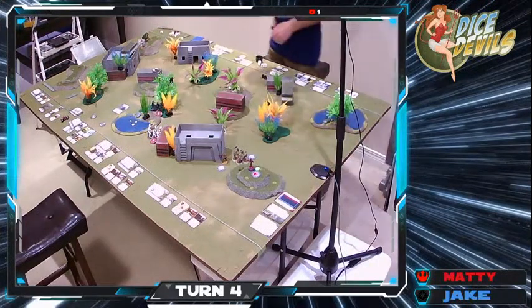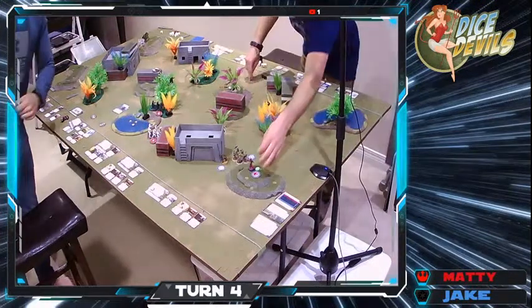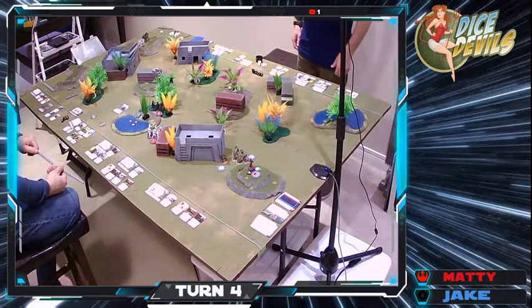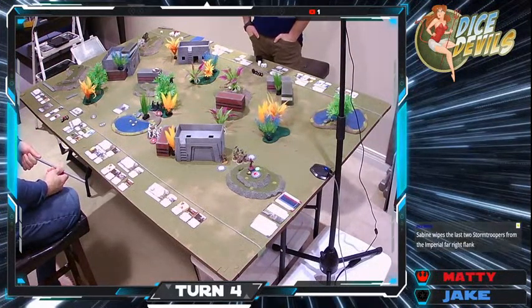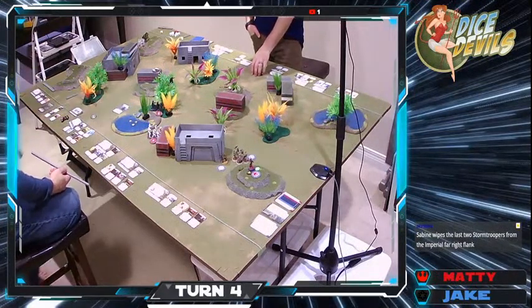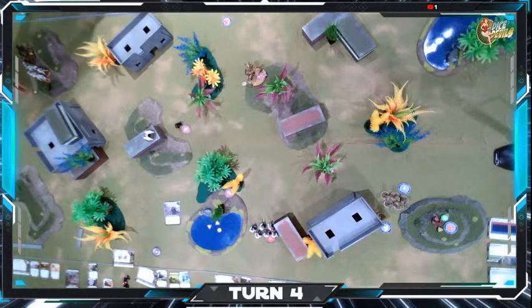Sabine is one bad mamma jamma. She has suppression for being in melee. Boom. Okay, here we go. Oh, it's because it wiped out a unit. Oh, make sure it's the right one. Yeah, there you go. Not bad anymore either, because they're the only